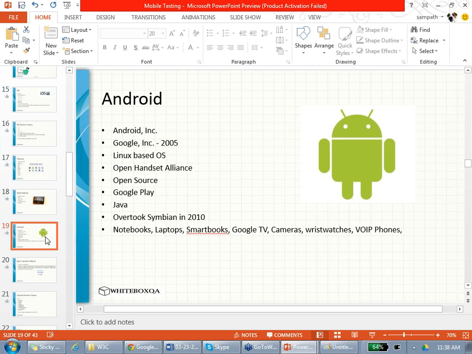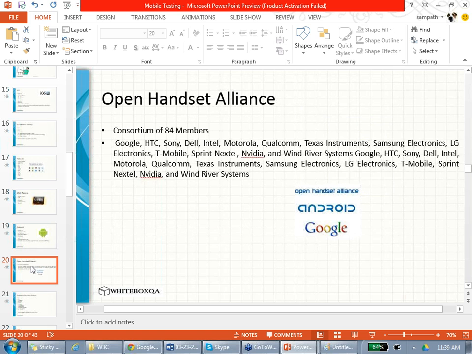So Android is not designed for phones only. Apple's iOS goes into Apple phones only. Where does Android go? Android was meant to be open source. Many companies came together and made something called the Open Handset Alliance. People who create hardware, people who run networks like AT&T and Sprint, people who create software, they all came together. It's a consortium, the Open Handset Alliance, and it is led by Google.